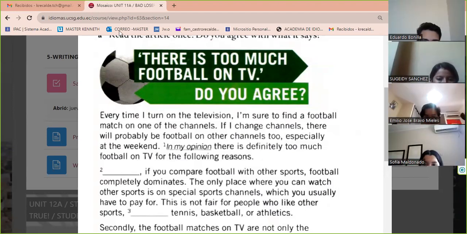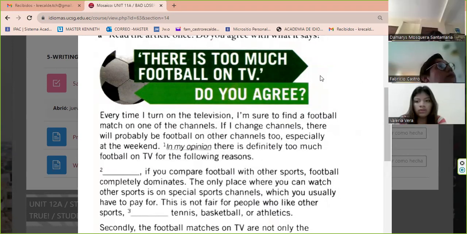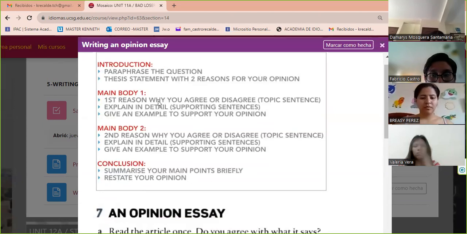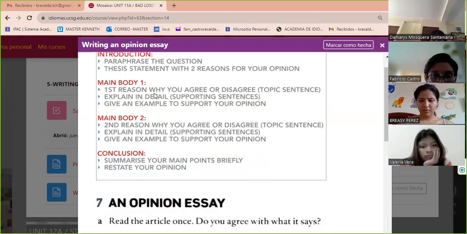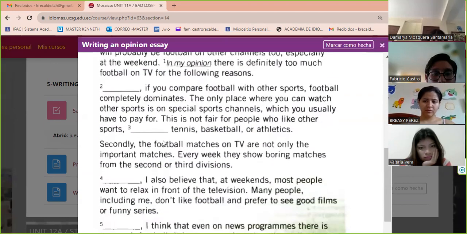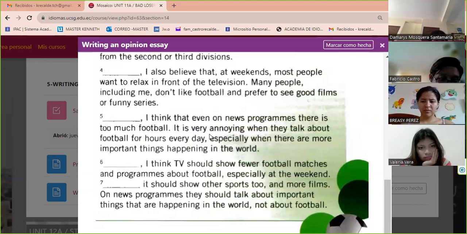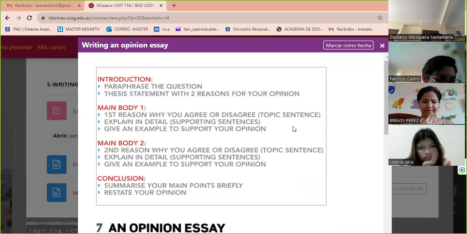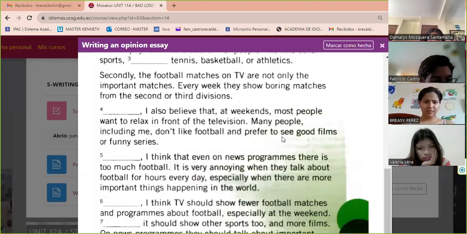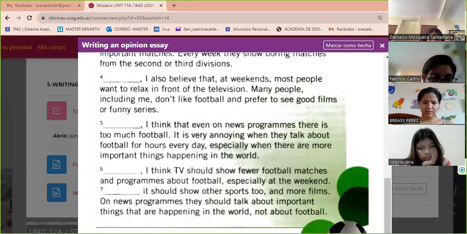So if you have problems, okay, Marquito, if you have problems and you don't have any idea how to start writing the essay, remember, follow this pattern that is here, okay? This can help you. What to put in the introduction, what to put in the main body, what to put in the second main body, and what to put in the conclusion. Yeah? And here is the example. In this example, I have 6 paragraphs. I don't want 6 paragraphs. I only want 4. Okay? But you can follow the example so you can have an idea of how to start your essay.